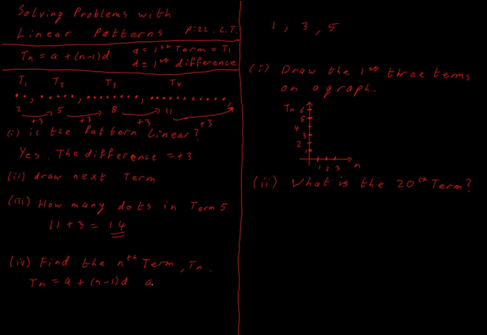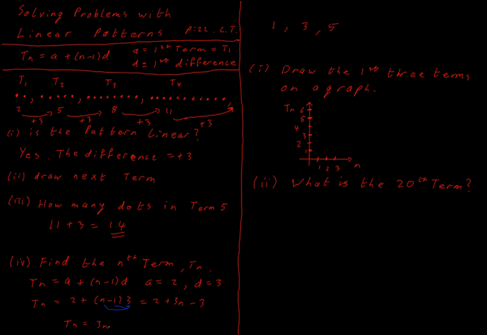So A is our first term, is just 2, and D is the difference, it's +3. So I put that into my formula here. I have 2 plus (n minus 1) multiplied by 3. Now I have a number outside of my bracket, so I know from my work in algebra that means I multiply it by each number inside. And that means I'm going to end up with 2 plus 3 by n is 3n, and 3 by minus 1 is minus 3. So Tn is equal to